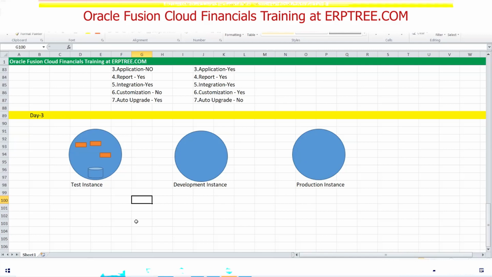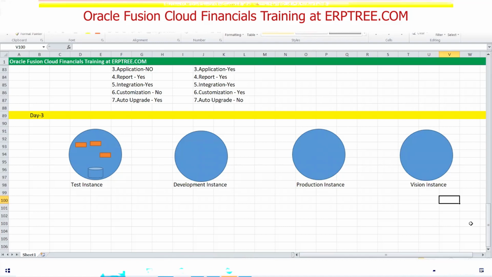So apart from these instances, Oracle provides another instance. That instance you can call the Vision instance. Oracle provides the Vision instance for consulting companies. Now take an example: Wipro is a consulting company. The product is owned by Oracle, and Wipro can do the Oracle Fusion implementation for clients. That means